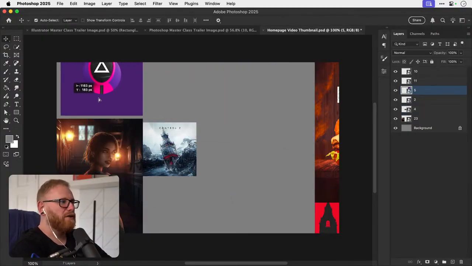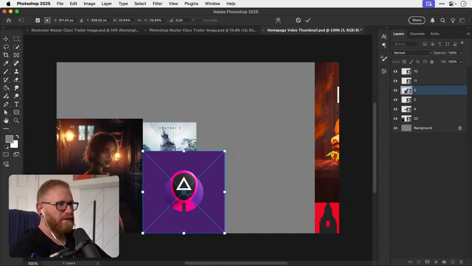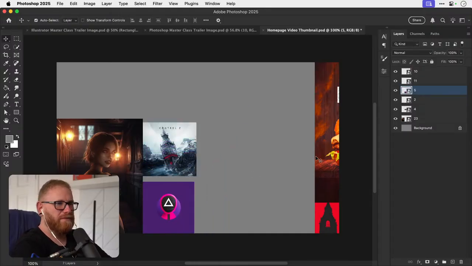Maybe have this running in columns that are different widths.